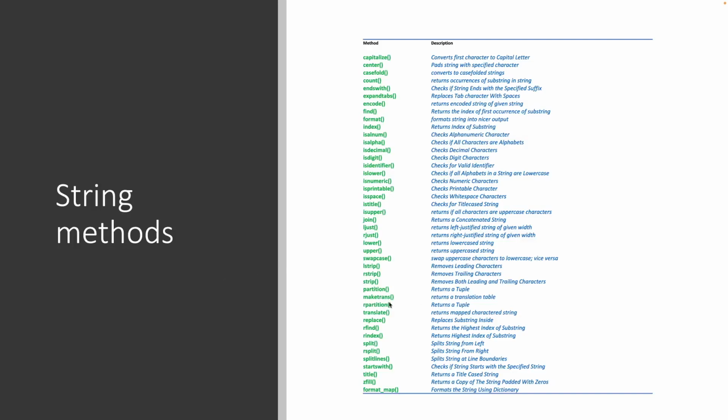Let's see how these maketrans and translate methods work on string. So we have seen all the other methods. As it is shown here, translate maps characters. It maps a character with the other corresponding given character. But to map those characters, we need to pass